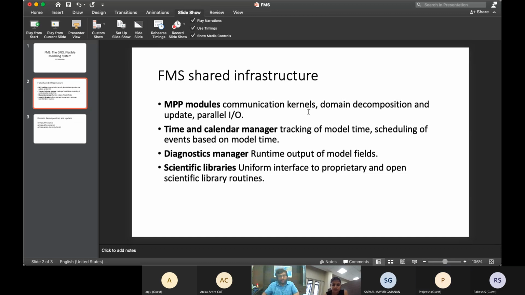So I'll use a very simple equation, maybe a heat equation, and solve it in serial, and then using the FMS routines, we can parallelize it, and we can learn about domain decomposition and all these things.